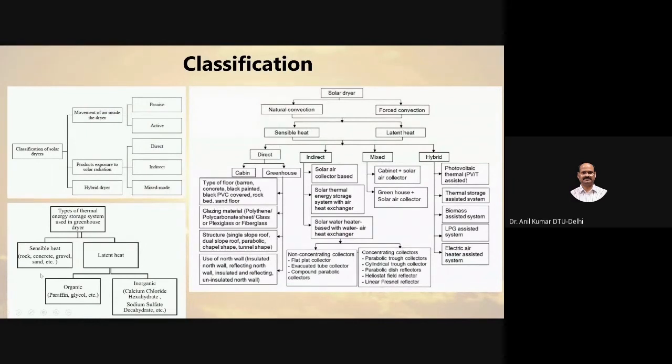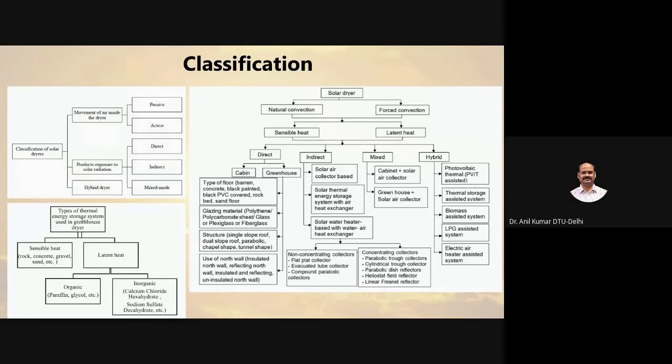For the sensible heat, rock, concrete, gravel, sand, these items you can use as sensible heat storage media. And for the latent heat, the organic ones like paraffin, glycol, etc. For the inorganic, calcium chloride hexahydrate, sodium sulfate decahydrate. So these are the latent heat storage media that you can apply. That depends on which kind of crop the solar drying system is designed for. Okay, so based on that only,